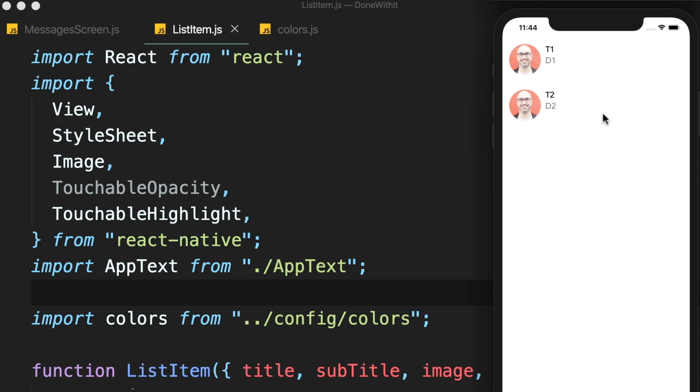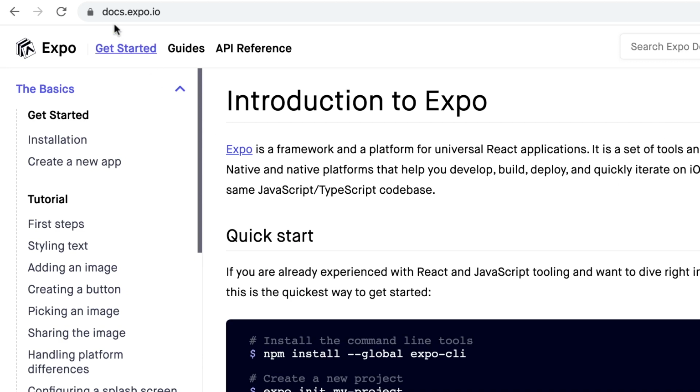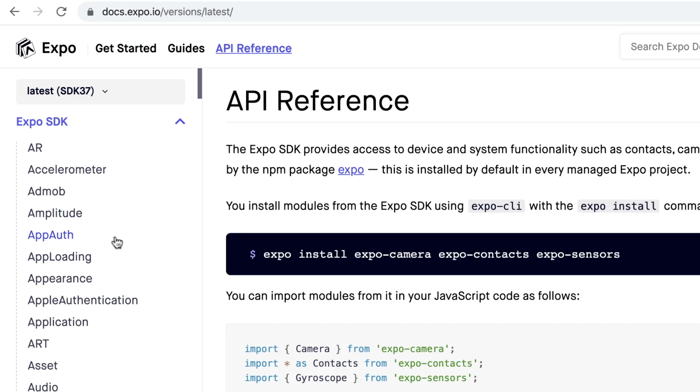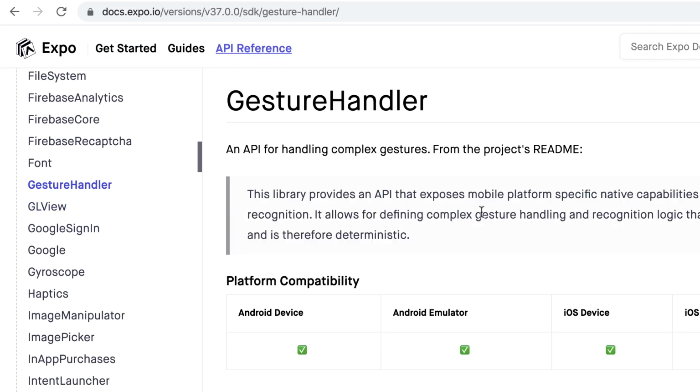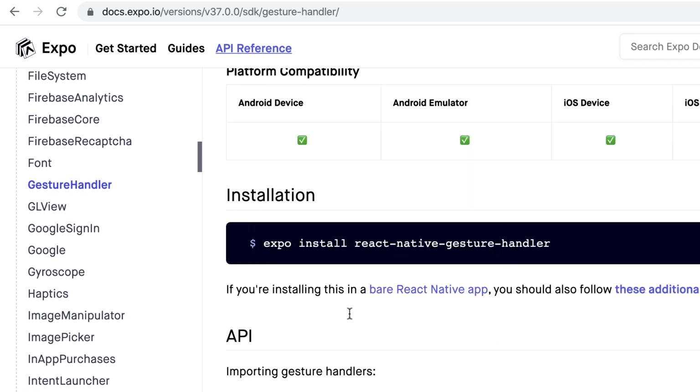So if we swipe left here, we should see a red box with an icon for deleting this message. To do that, we go to docs.expo.io. Let's look at the API reference. Here on the left, we have gesture handler. So we're going to use a library for handling gestures. Now look at the installation. Here we have expo install react-native-gesture-handler. So this is the library we're going to install, but we're going to install it with